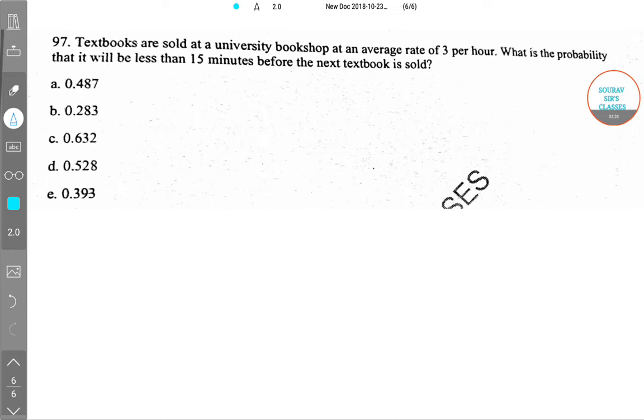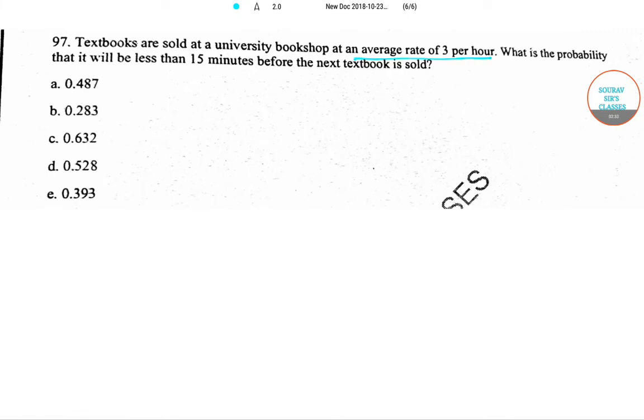The next question is, textbooks are sold at a university at an average rate of 3 per hour. What is the probability that it will be less than 15 minutes before the next textbook is sold? Now see, over here in this question, we haven't been given which distribution the waiting time x follows. So we read the question and we understand that the rate at which textbooks are sold follows exponential